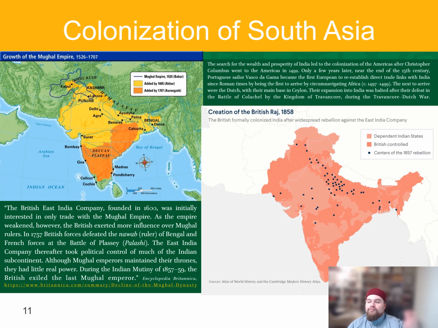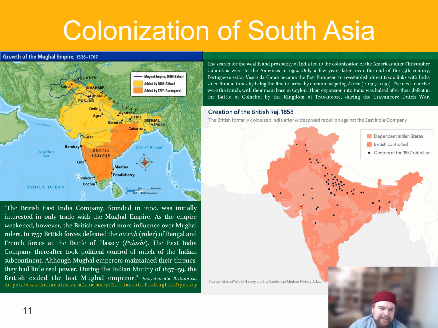And if you look at the growth of the Mughal Empire, we talked previously about Jalaluddin Akbar and Aurangzeb, or Alamgir as he's known. And Alamgir, he added everything that you see there in orange. And so the Mughals basically controlled most of India, including south of the Deccan plateau. And the British East India Company, they came there as merchants. They're actually pictured in manuscripts as being in the Mughal court, visiting the Mughal emperor. They were founded in 1600,